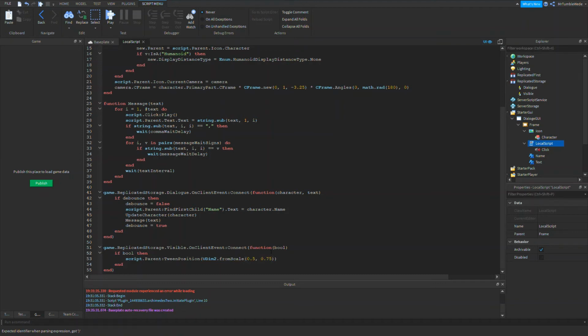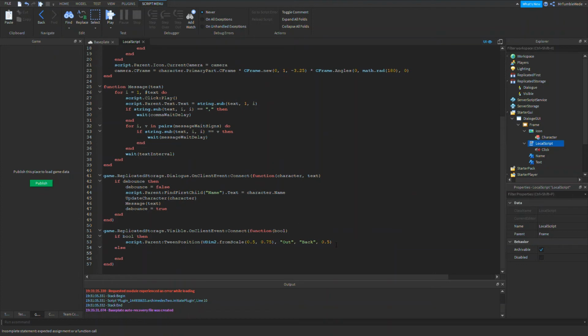So I want to make it tween, if we set visible and we fire all the clients, and the argument is true, I want it to show up. And if it's false, I want it to hide. So we got that. Now we want tweening. I would want Out, and I want to use Back, and I want to do 0.5, and I want to do else, meaning give bool's false case, since that's the only other option.